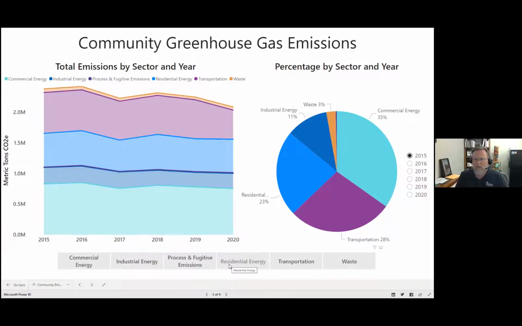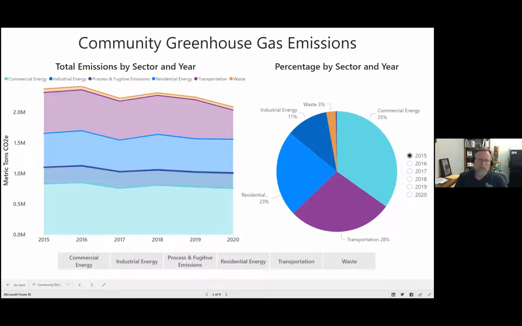The waste data is from emissions from the landfill or emissions from the wastewater treatment facility. And those are done primarily through monitoring, although there are also some assumptions made based on how much trash is deposited at the landfill, and then also how much flow goes through the wastewater treatment facility.